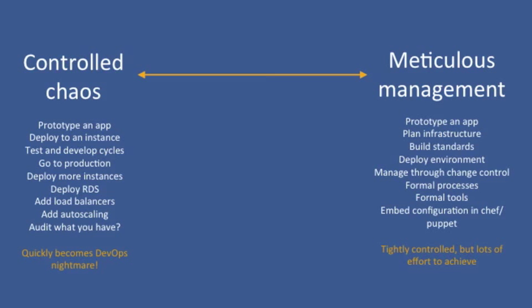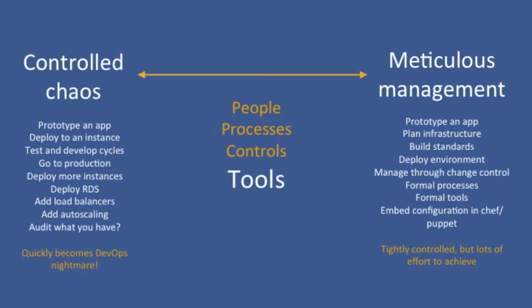So how do you get between these two things, and what are the key elements that allow you to move along this spectrum, or to find a place on that spectrum that works for you? There's obviously people. Your people are the key asset you have in implementing the processes or the controls that you might want to put in your environment, whether you have informal or formal processes, loose or tight controls. But fundamentally, you'll be wanting to look at implementing tools, and the cloud gives you the ability to achieve a